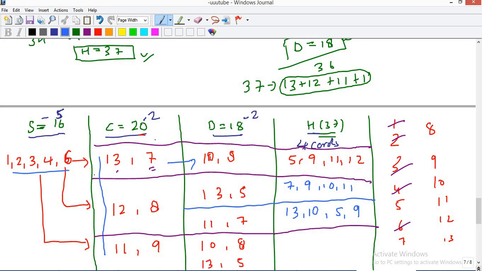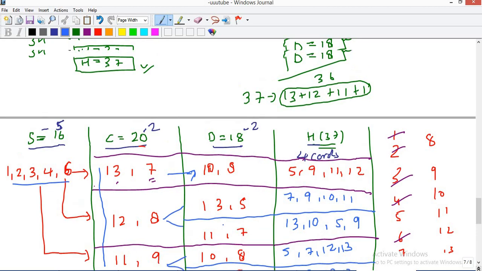So if I'm using 10 and 8, corresponding to 11 and 9, there are again two cases I can say. So I'll split it from here. If I'm using 10 and 8, I'm left with 5, 7, 12 and 13. The sum of these is also 37. And in this case I'm left with 7, 8, 10 and 12. So these are all the possibilities. In the 13, 7 case there is only one possibility, in this case there are two possibilities, and in this case also there are a total of 2 possibilities.